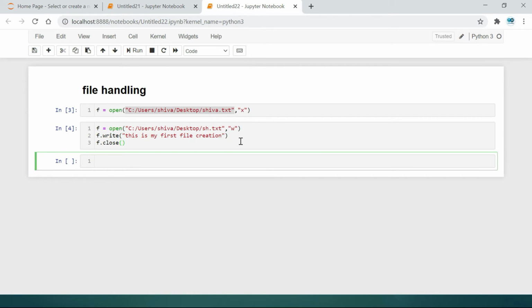How to write? By using f.write. Write anything between the parenthesis and double quotes. And to close this, we use f.close. Let's check whether it is created or not.